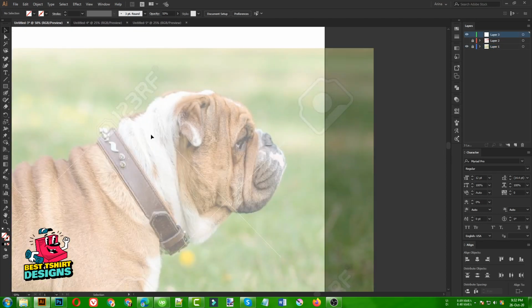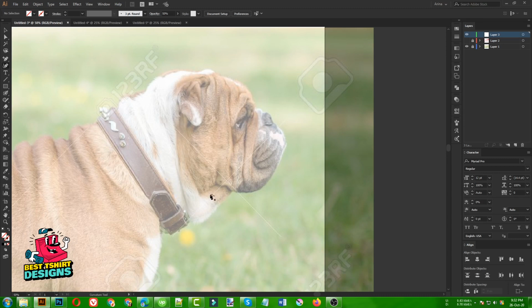So in this drawing video I am going to use my curvature tool here. The curvature tool is a really cool option in Illustrator, and this is very similar to the pen tool, but it works in a little different way than the pen tool. So I am going to cover the detailed process of using the curvature tool here to make an outline of that image. So the easiest way is, first you need to draw the border lines, whatever you can see.